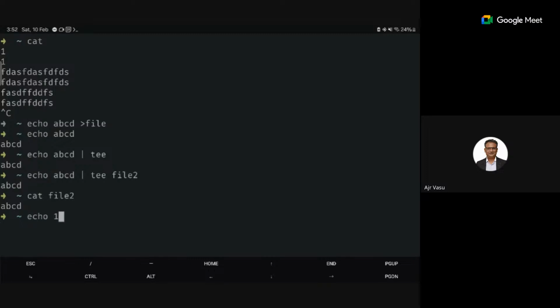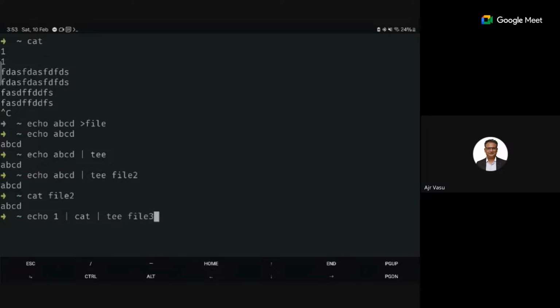So let's say echo, I mean, two commands in the sense you want to do like this. No. Echo piped into another command. Okay, so let's say echo one. I'm piping into the cat command. This is another command, and I'm getting output out of the cat command. Then you can use tee here.